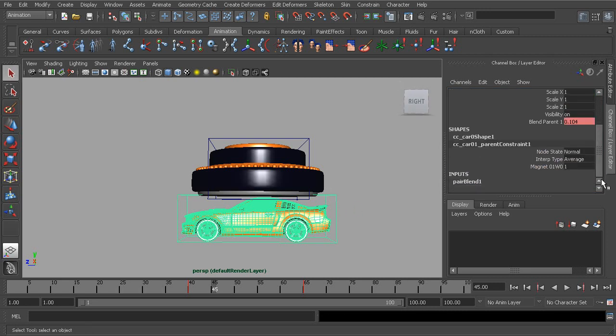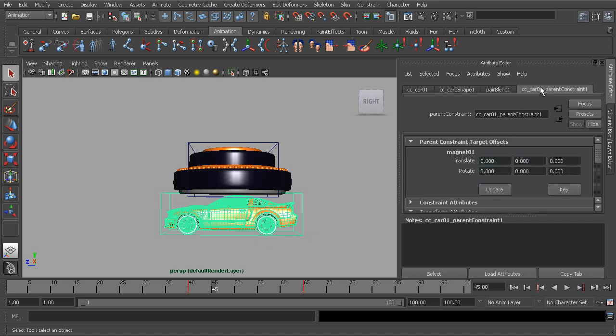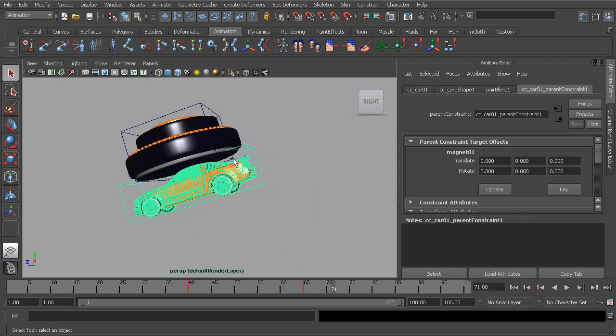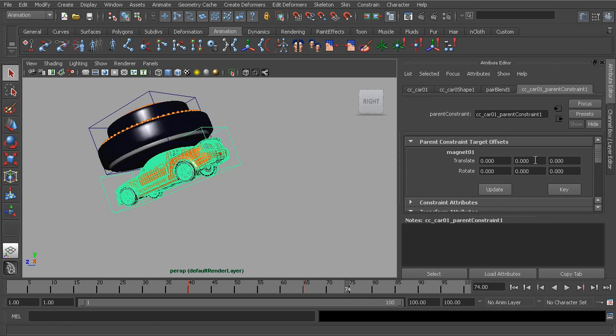So you can see that we cannot access them from the channel box. However, if we were to go to our attribute editor with the constraint object selected, we'll find our parent constraint node, and here are our offset channels. So in order to see this effect, we'd first want to make sure the constraint is active. And now we can go to, let's say, our translate Y. I'll hold down Control and start to drag with the left mouse button. You can see we're able to start offsetting things. A faster way to offset